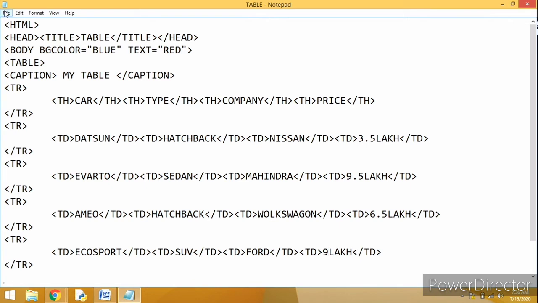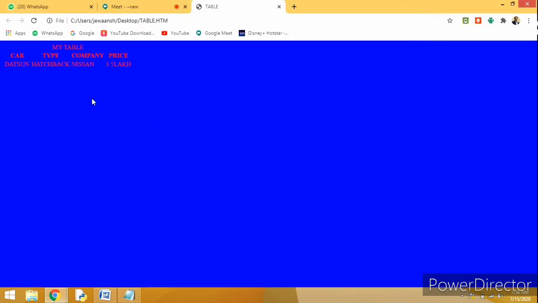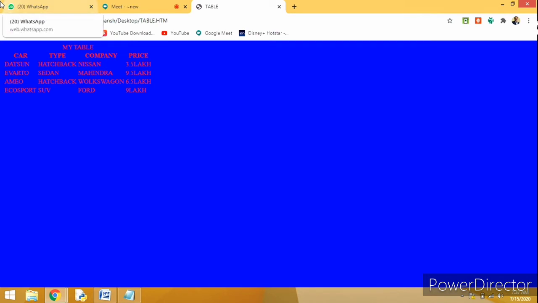Next let us see whether we are getting all the data which we have entered. Did you get all the data? Yes. Now what you see over here, has it created a table, that is, has it created the rows and columns?